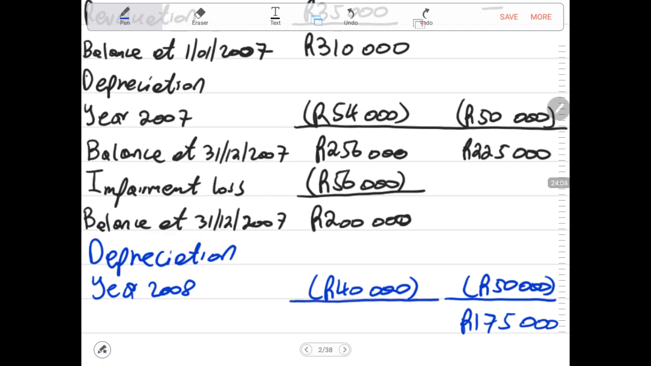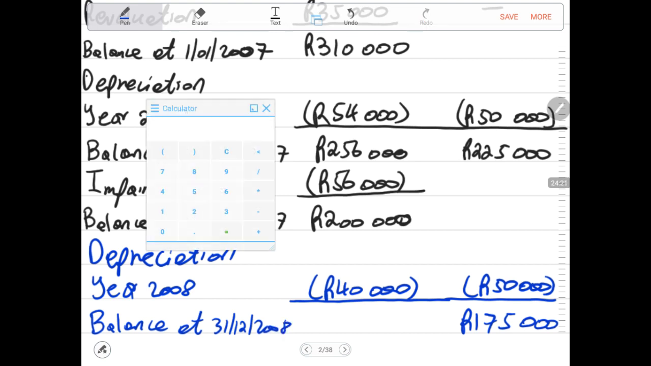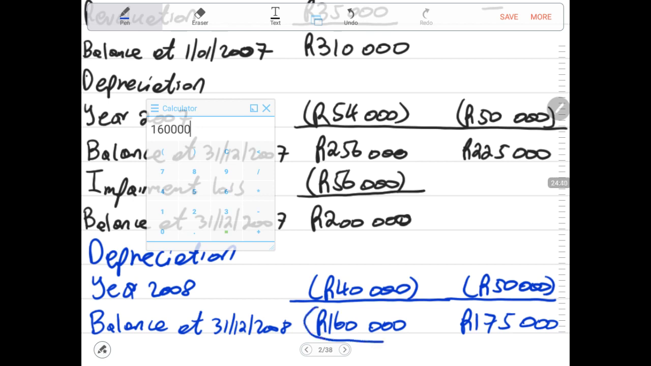We need to first get to our carrying amount, which is our balance. Although now I have very limited space. Balance at 31st of December 2008. Let us look at our balance. How much? 200,000 minus 40,000 rands. We get 260,000 rands. Now we are told at this point in time, end of December 2008, there is a